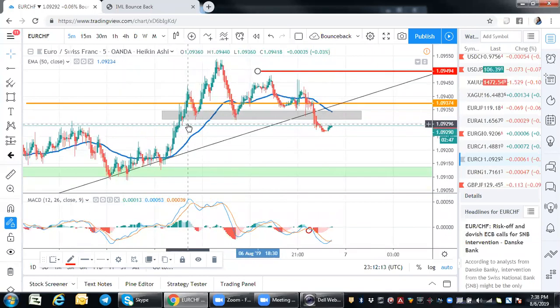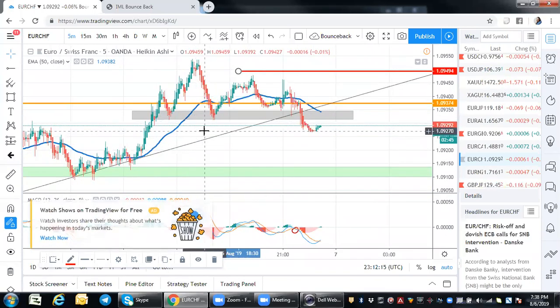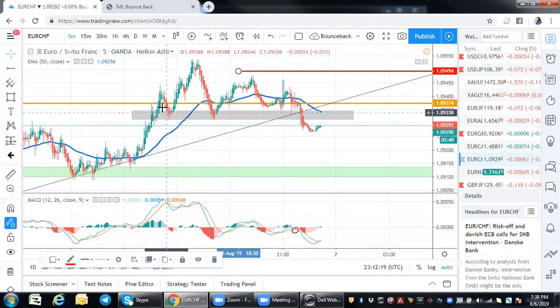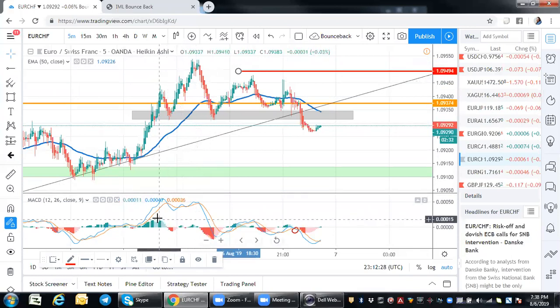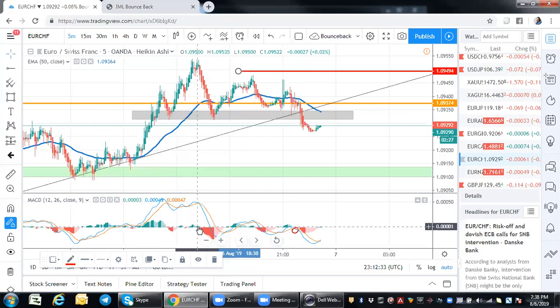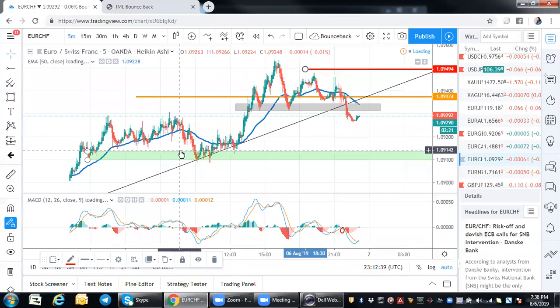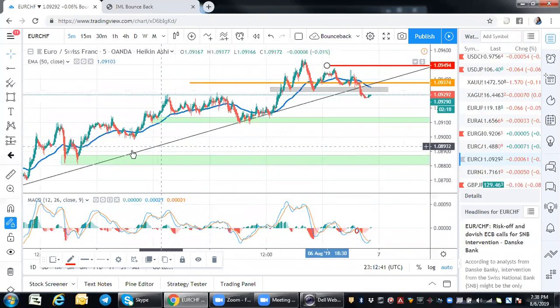When we're looking for a sell with divergence, we're going to use the mountain tops to measure the divergence, the mountain tops in the MACD histogram, right? And if we're looking for a buy around support, then we're going to measure the valleys. Like for example,